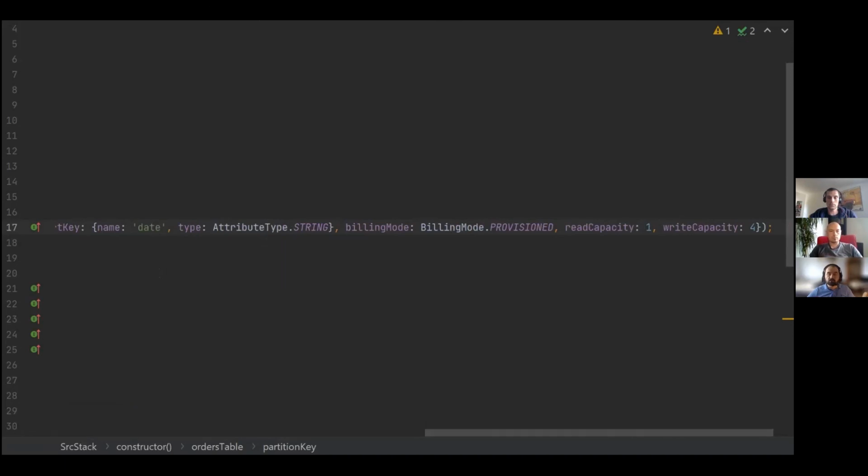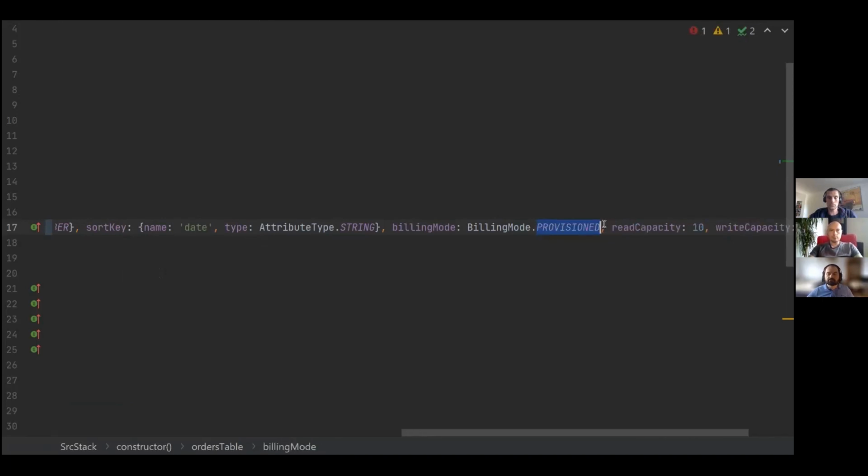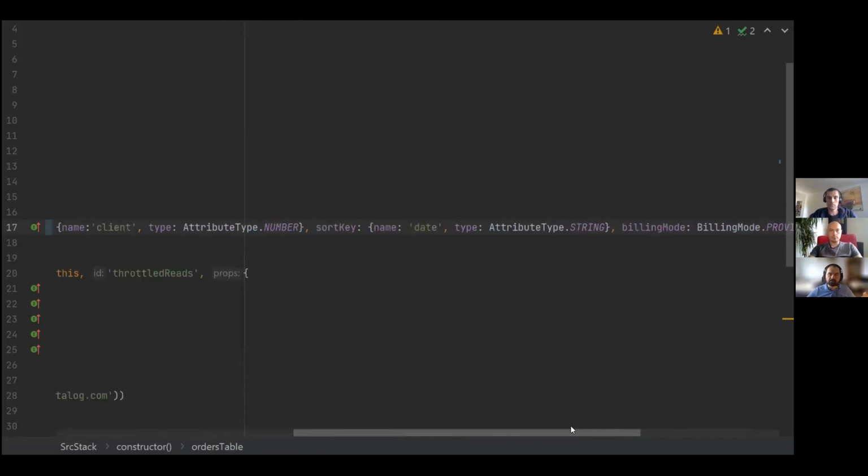I guess one good resource is DynamoDB office hours, but for now we're just going to fix this by adding a 0, and that's going to fix our read capacity so that it doesn't fail anymore. And if we really wanted to fix it, we would go pay per request, right? Because then we won't care. It's going to allow as much usage as you need, and you don't care about read and write capacity anymore. And you just put the command, and that's how you fix it after you identify the issue.